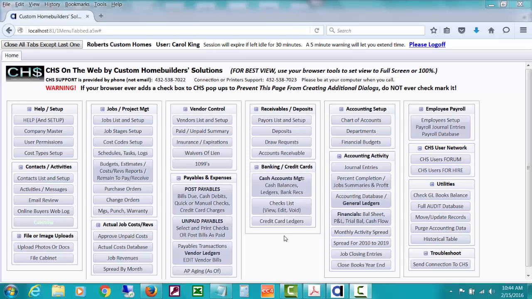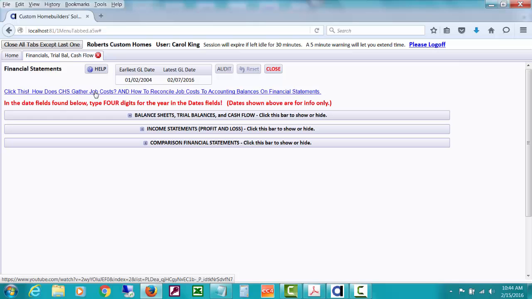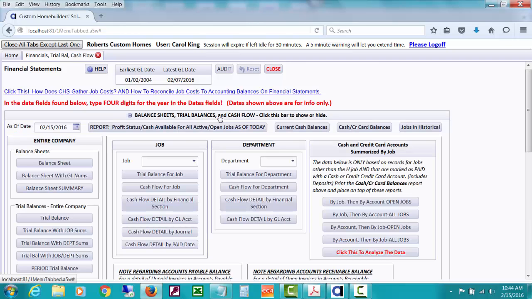So the first place I'm going to go is over here under Accounting, called Financials, Balance Sheet, P&L, Trial Balance, Cash Flow. So let's click that. We will come back to this window to talk more about balance sheets and income statements, etc. But first of all, I am going to click to expand this section for balance sheets, trial balance, and cash